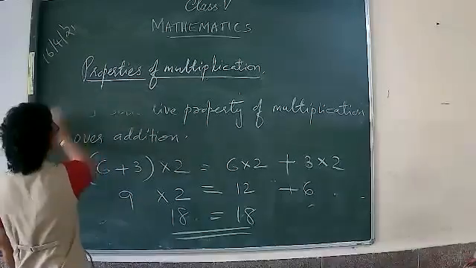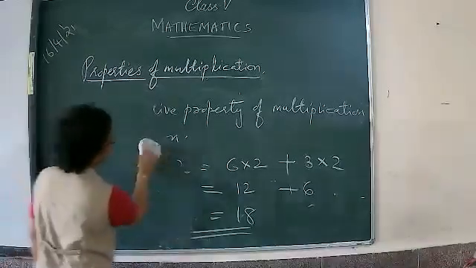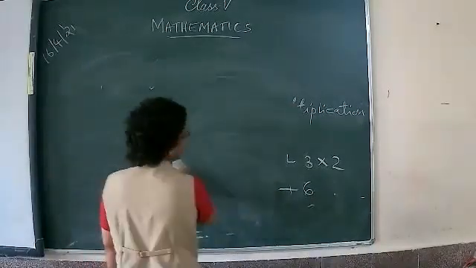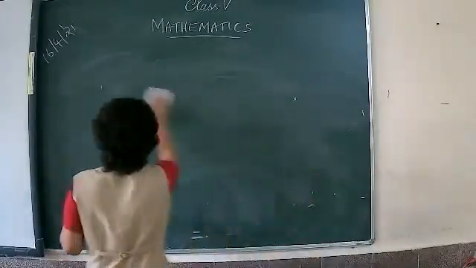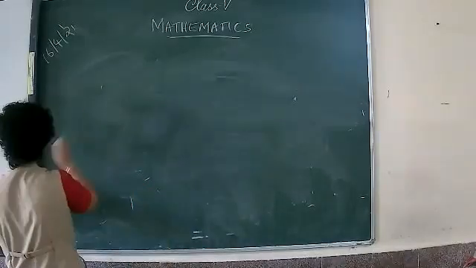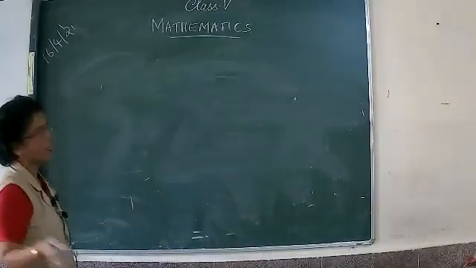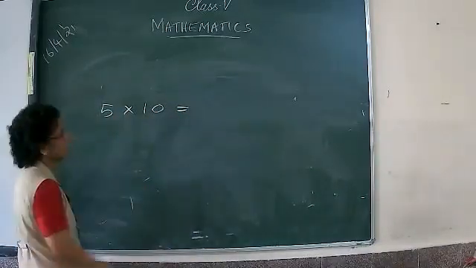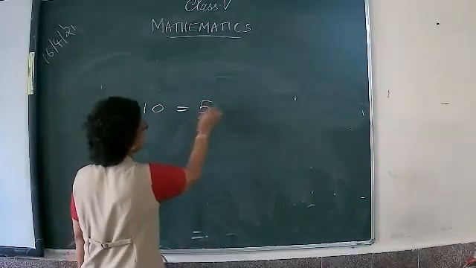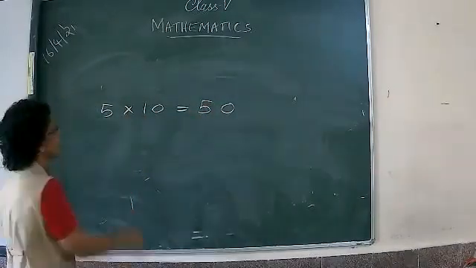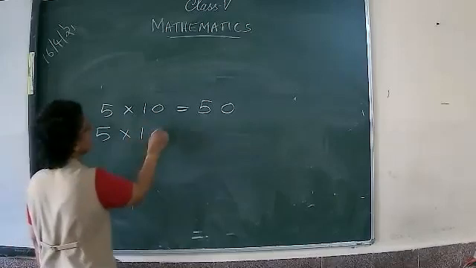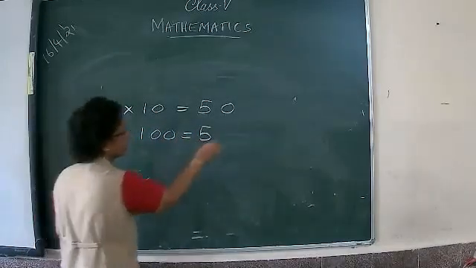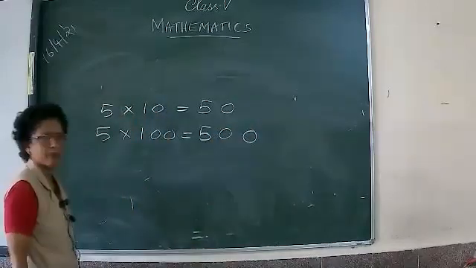Okay. These are the properties of multiplication. Okay. All these things you all learned in the smaller classes there. And one more thing is there. Multiplication of a number by 10, 100 and 1000 there. For example, 5. If you multiply by 10, what is the answer, children? 5 ones are 5, you write there and simply put the 0 there. The same number if you multiply by 100, you will write that 5 there and you will write how many zeros are here? That 2 zeros you will put there, isn't it?